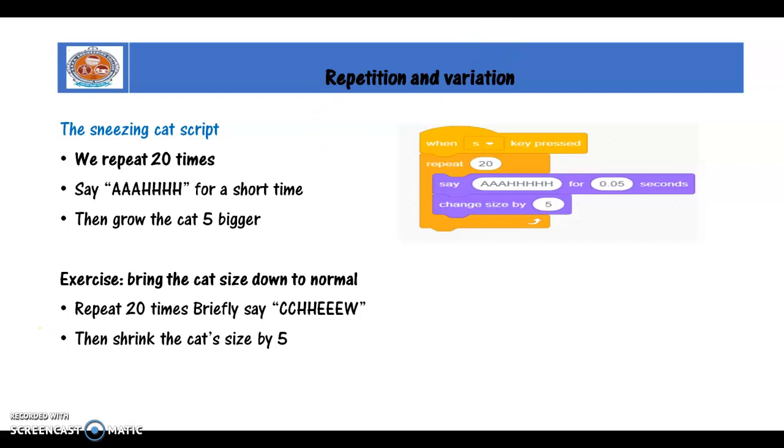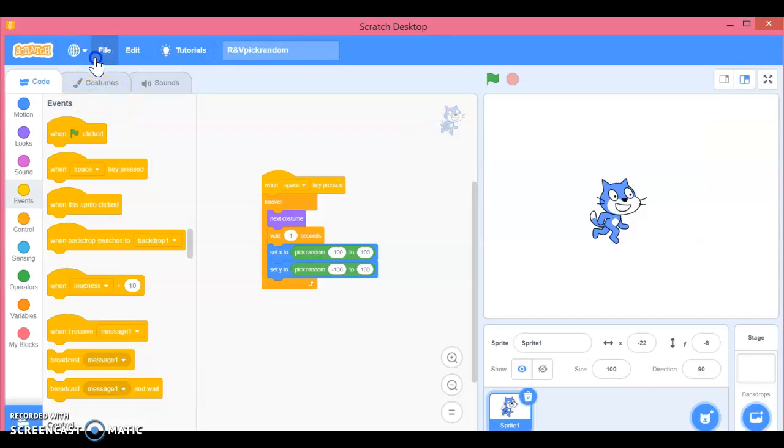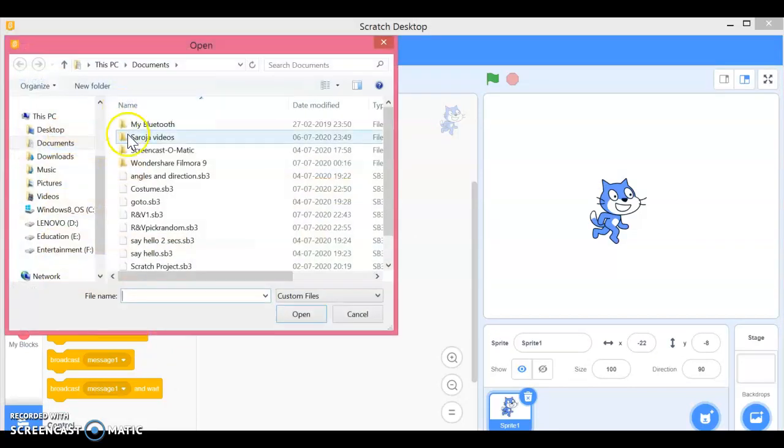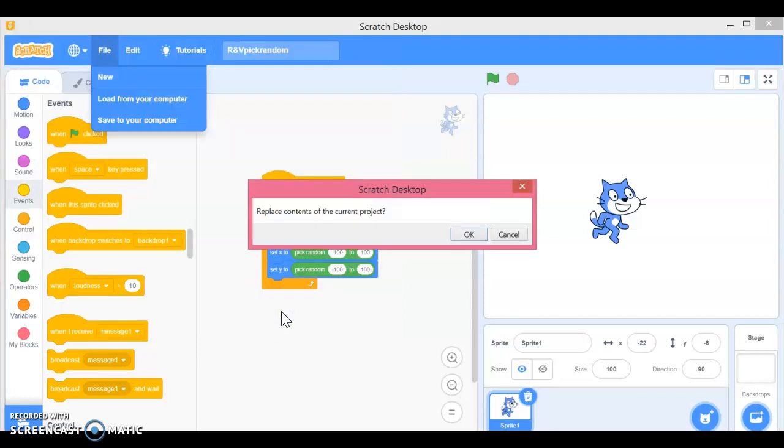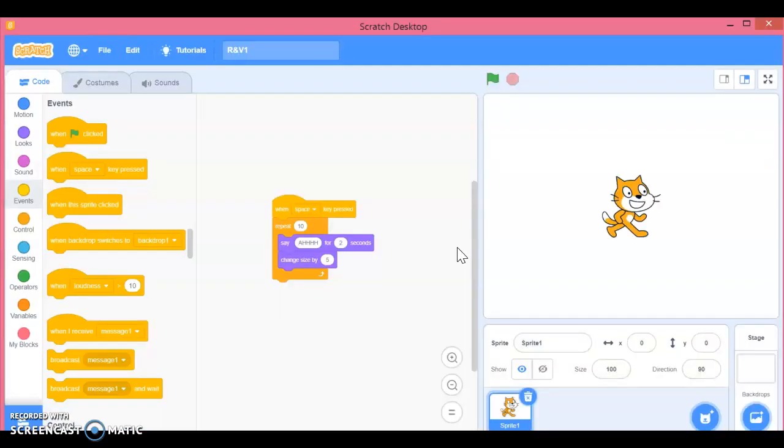So let us see how we can do it using Scratch. I have already coded it and saved it in my programs, so as not to waste time.